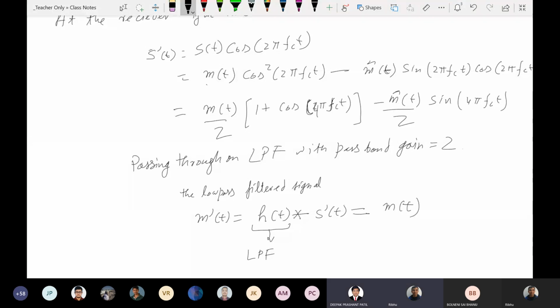Sorry, because the Hilbert transform and the estimate, both of them, I'm used to writing hat as a notation for the estimate of something. So that's why it confused me. I'm sorry about that.